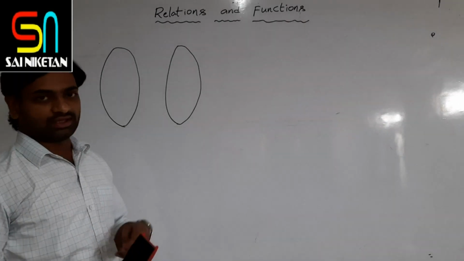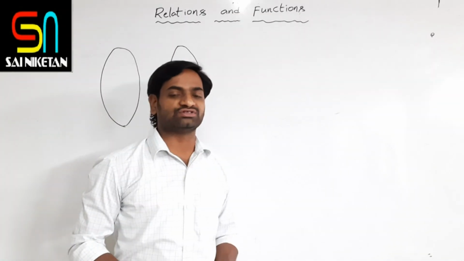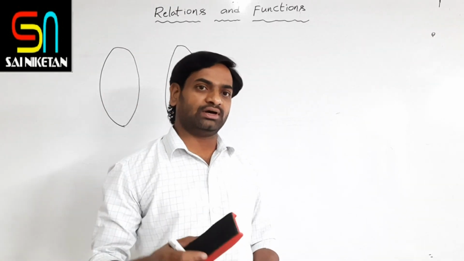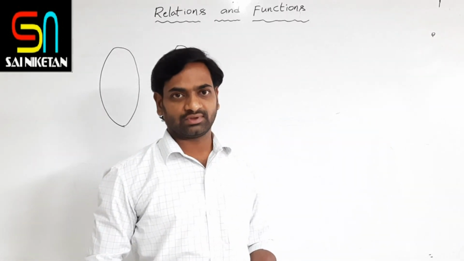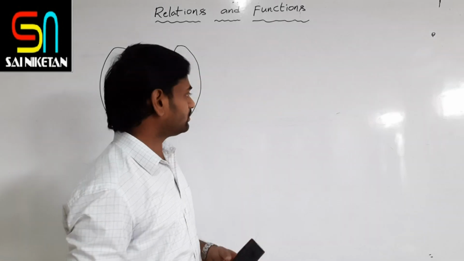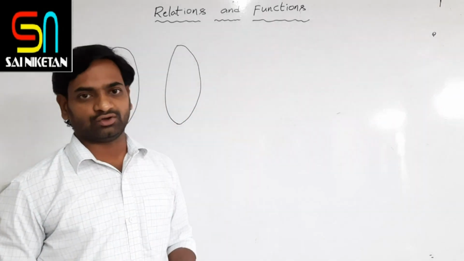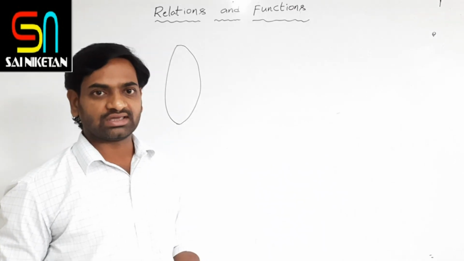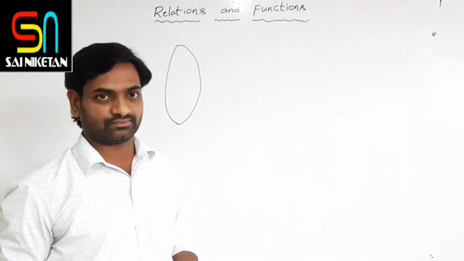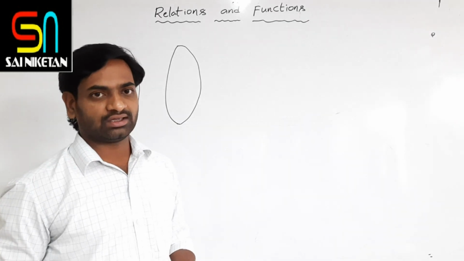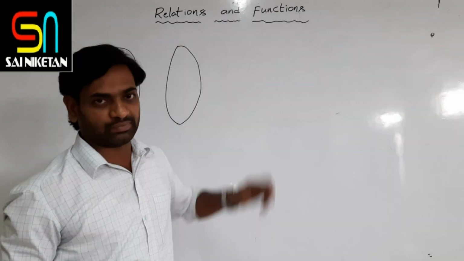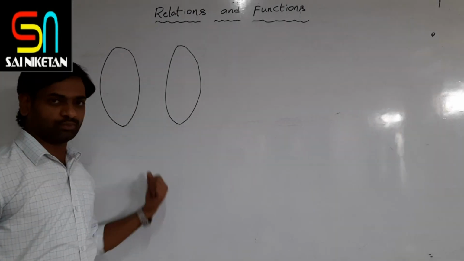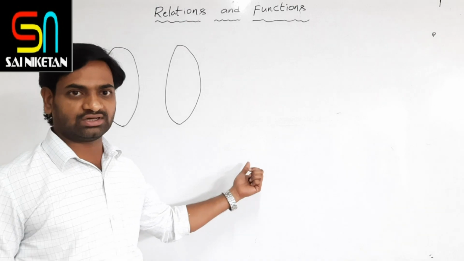Now see here, I already discussed the definition of function, so once again I repeat it. Capital A, B are two non-empty sets. Now I am taking the relation from A to B. You can say that the relation is a function when every element of set A has mapping with only one element of set B. Okay, that is clear. And I also discussed what the domain, codomain and range are.